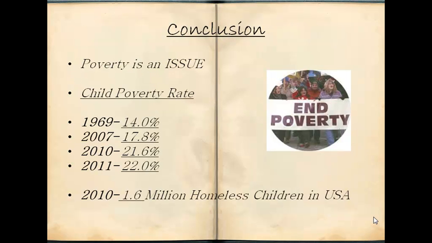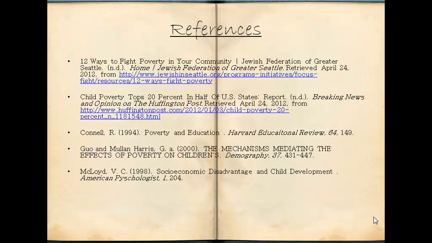In conclusion, I would like to say that poverty is an issue and that we need to acknowledge it in the world of education more than anywhere. Teachers need to be aware of the effects poverty can have on their classroom and their students at both an early and mature cognitive level, which means it can range from kindergarten all the way up to a junior in college. There are ways to help with this as both an educator and a parent. Just reach out, and there are ways that you can help your students or your child. Finally, I would like to leave you with these statistics.